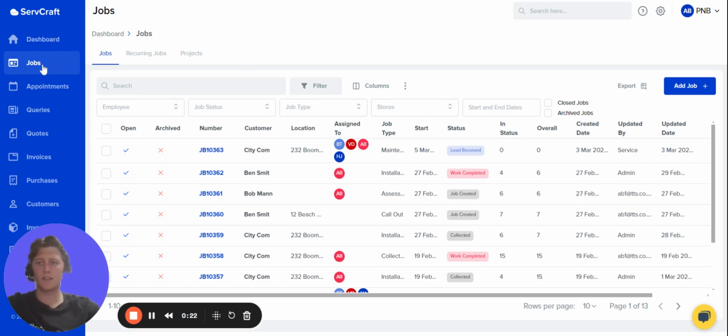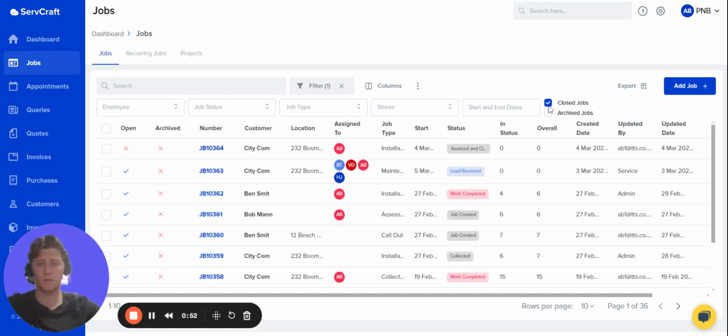First of all, we would select the Jobs tab all the way on the left hand side on the blue menu. Once we are in the jobs list, we can see all our current open jobs. It automatically only shows you the open jobs. To be able to see all your closed jobs, all we have to do is tick the closed jobs option in the top right hand corner. We can then see all the closed jobs by the open column with the X, meaning the job has been